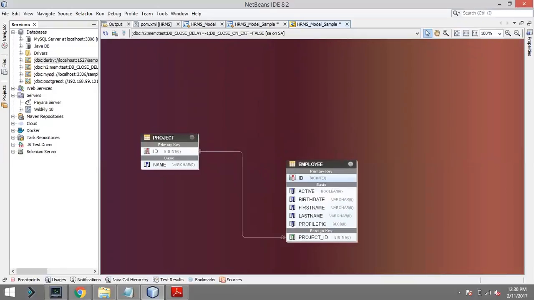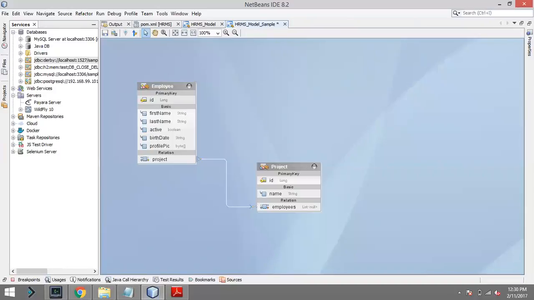Sometimes in your company or the project on which you are working, there is some principle that you have to add a prefix before the table name. For example, this is an HRMS project I'm developing, so I have to add the HR prefix for the naming convention. So I'm adding here HR underscore employee, and also in the project table name I will add HR underscore project. So I will save the diagram, get back to the entities, and generate